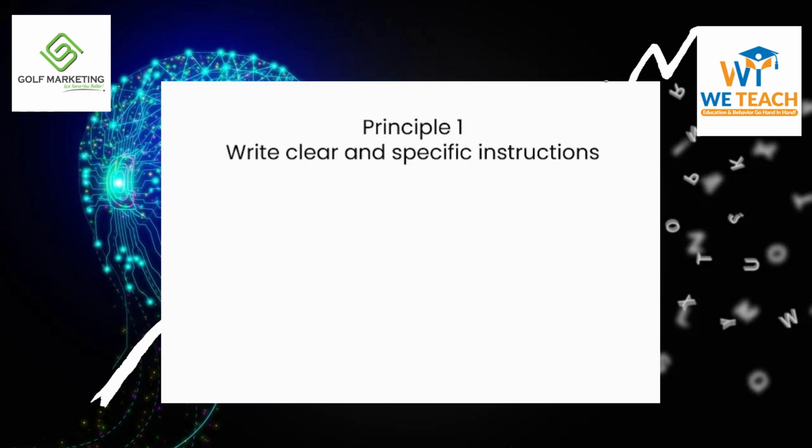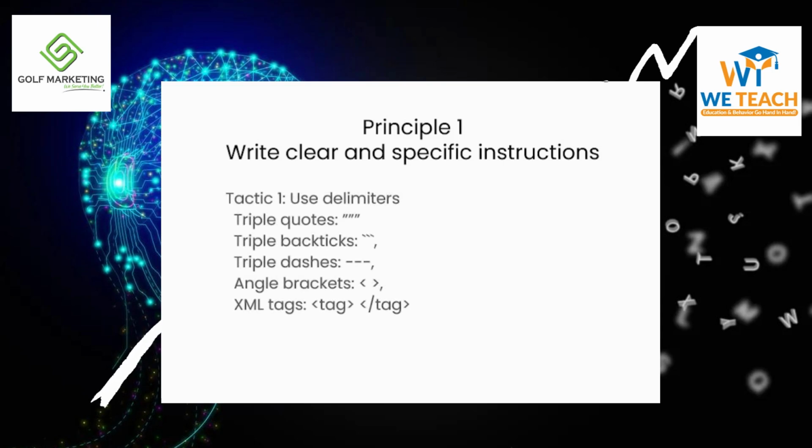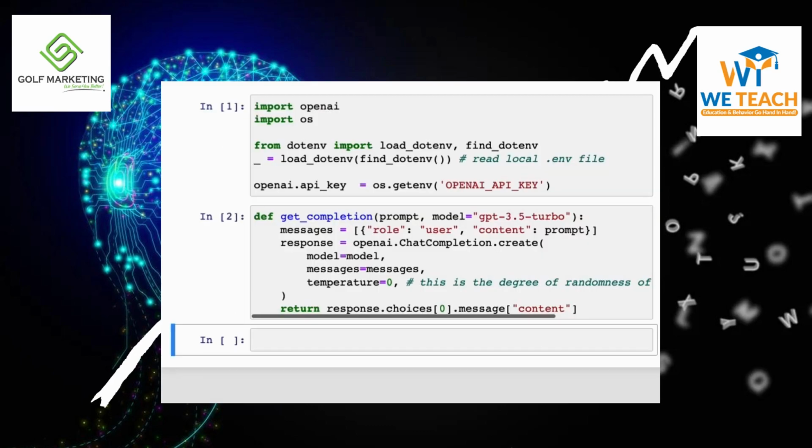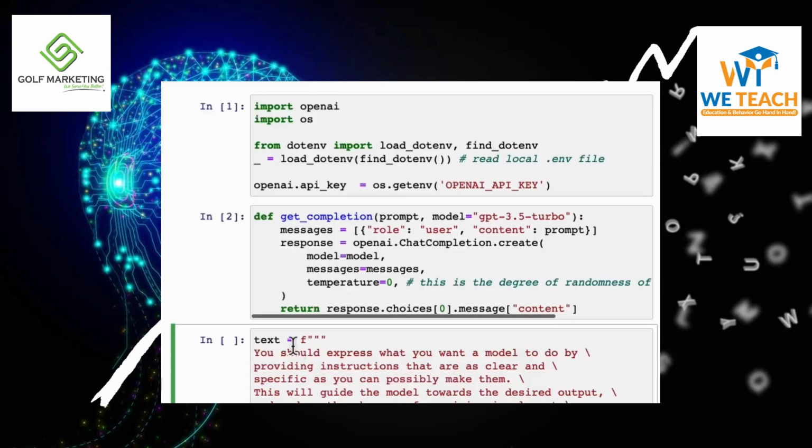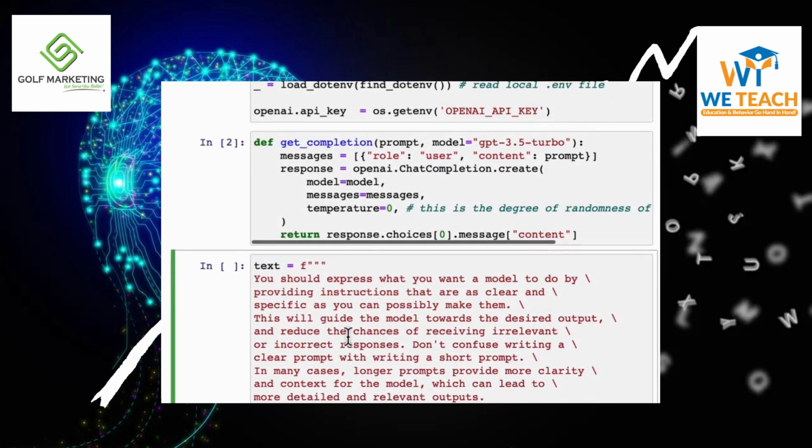The first tactic to help you write clear and specific instructions is to use delimiters to clearly indicate distinct parts of the input. And let me show you an example. So I'm just going to paste this example into the Jupyter Notebook. So we just have a paragraph, and the task we want to achieve is summarizing this paragraph. So in the prompt, I've said, summarize the text delimited by triple backticks into a single sentence. And then we have these triple backticks that are enclosing the text. And then to get the response, we're just using our get_completion helper function, and then we're just printing the response. So if we run this,